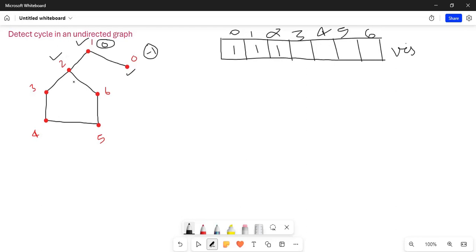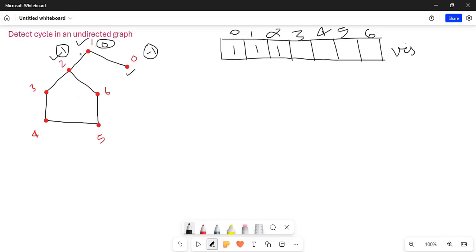Now 2 will try all its neighbors. If 1 calls 2, then the parent of 2 will be 1. Now 2 first tries 1.